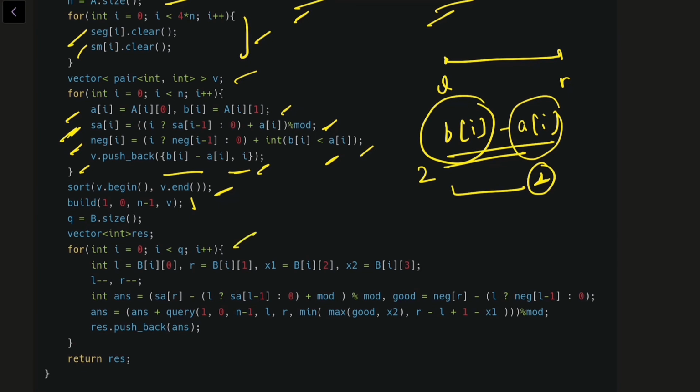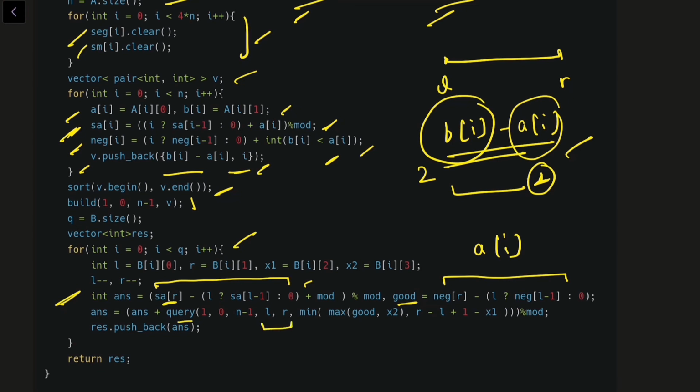After that we are iterating over each query, and initially I am saying that my answer is the sum of all the costs in the range L to R of array AI, right? That's why we store it in array SA. SA contains all the prefix sums of array AI. So initially I have assumed that I have bought all the elements of type 1. So this is our current answer, right? And this count stores how many negative numbers there are in the range L to R when we talk about the BI minus AI array.